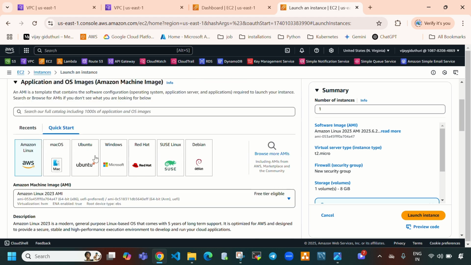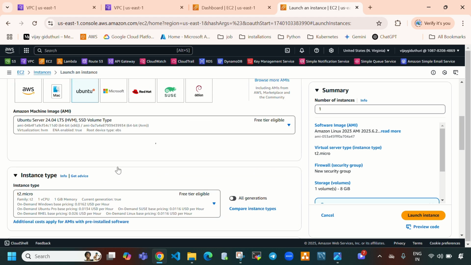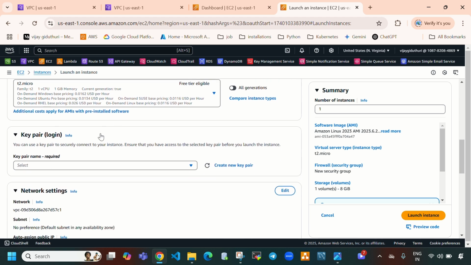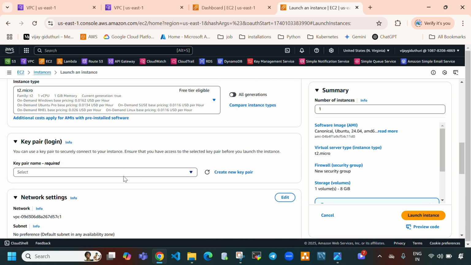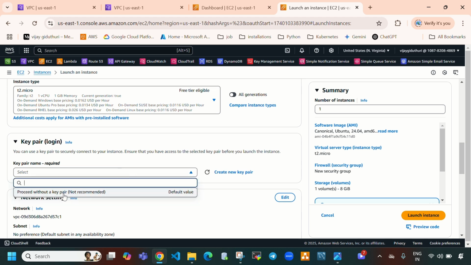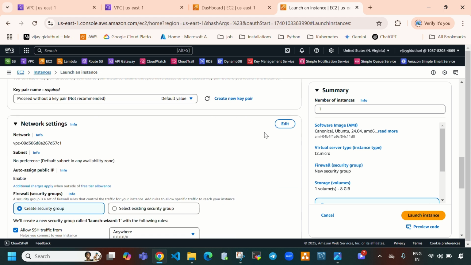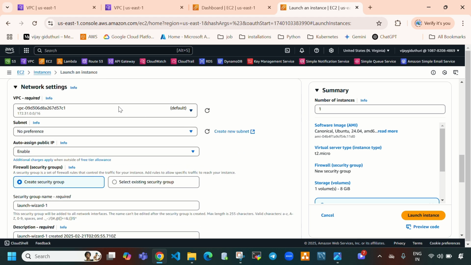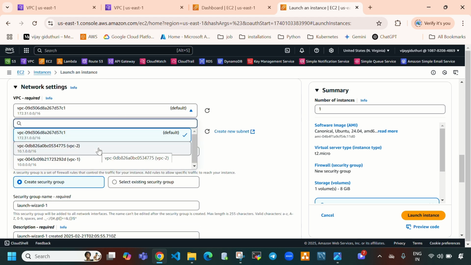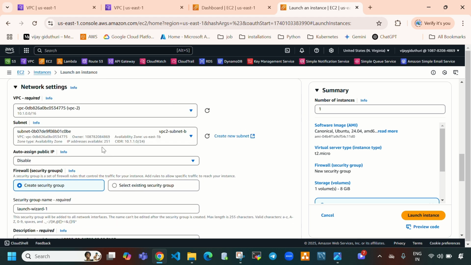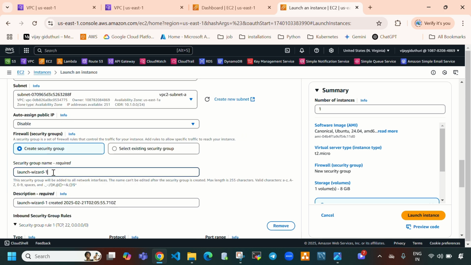So OS I'm going to select Ubuntu, and instance type I'm going with T2 micro, and key pair. Here I'm going to select proceed without a key pair, and in networking here I'm going to select VPC2. So now I'm going to create this EC2 instance under this VPC2. Okay. So here I'm going to select VPC2 subnet A, and here I'm going to create a security group VPC2